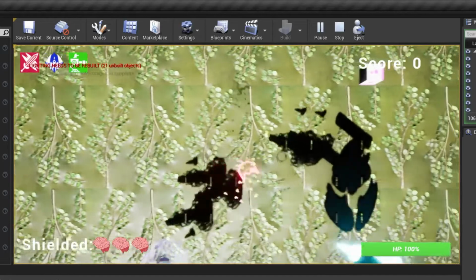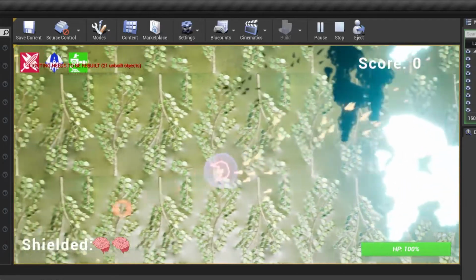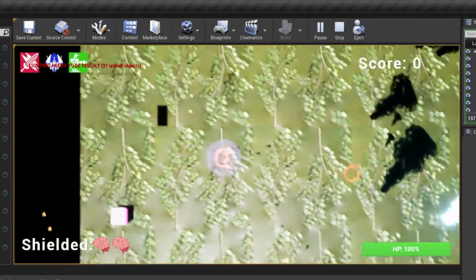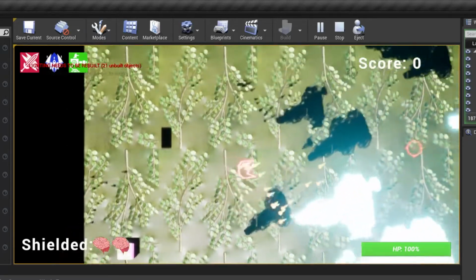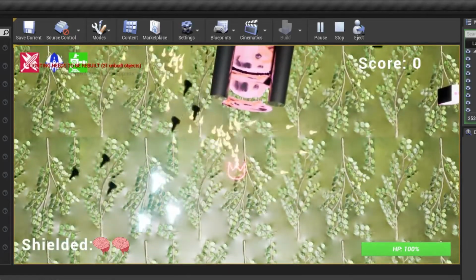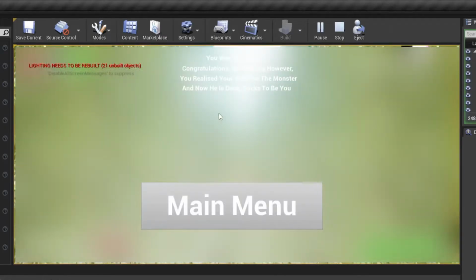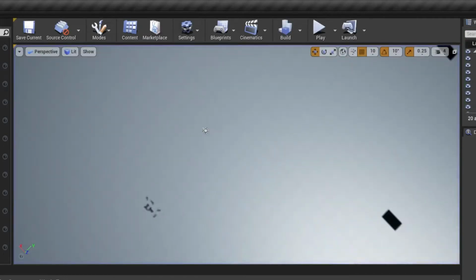Now the boss is not too hard. Now you can run into the boss and you can see my little cursor thing here in the red. Now that controls my direction of fire. Now seeing all of this makes it hard to see, so sometimes you just gotta push through some of it. Because you do have a lot of health, which is good. Now, it says you won the game. Congratulations on winning, however you realise your son was the monster and now he's dead. Sucks to be you. Okay, so a couple of slight changes which I will do, and